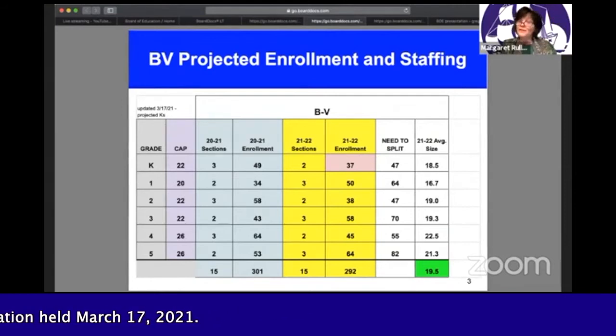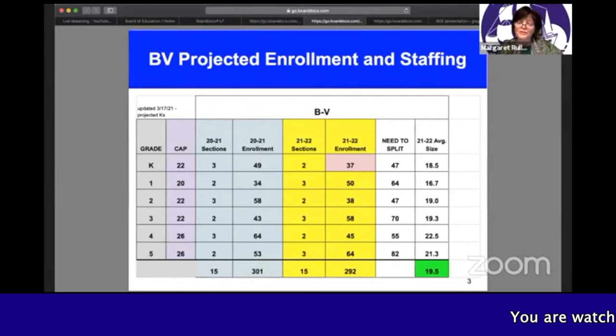That isn't what's currently happening because kids are remote. Some of BV's students are right now at Furnace Woods and Frank G because BV did not have space with social distancing, but we wanted to compare apples to apples. So we wanted to show you what it would look like if we were actually in a regular school year. The sections in yellow show you what next year is projected to look like.